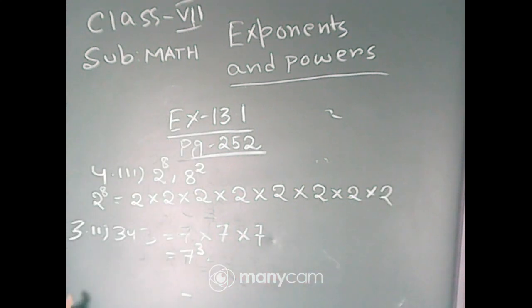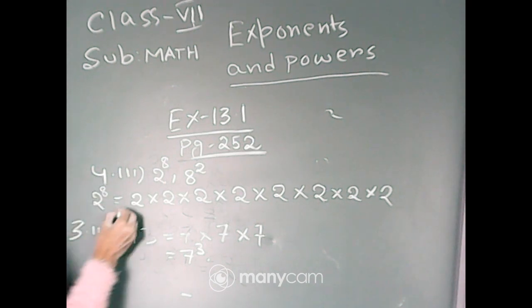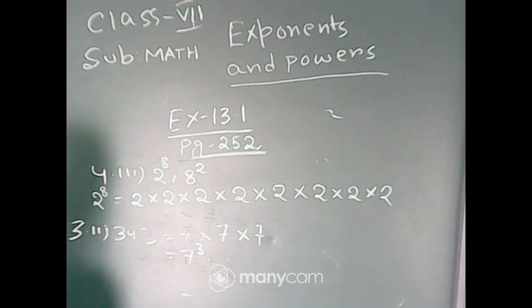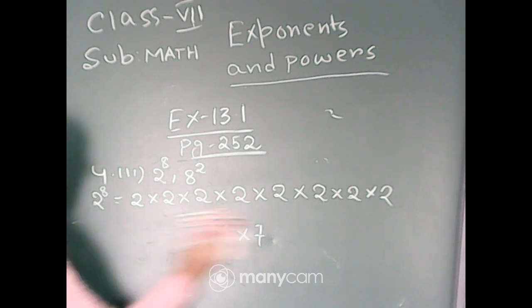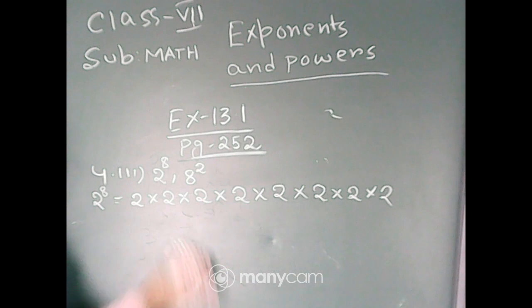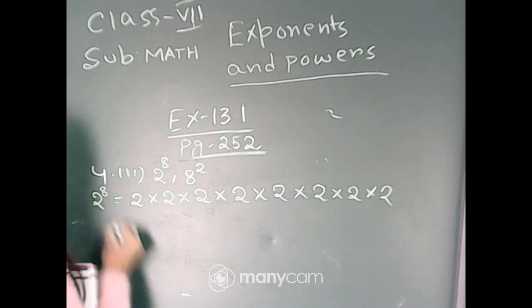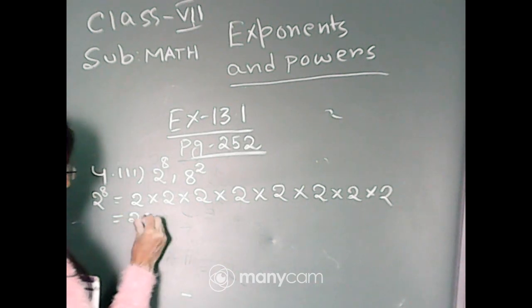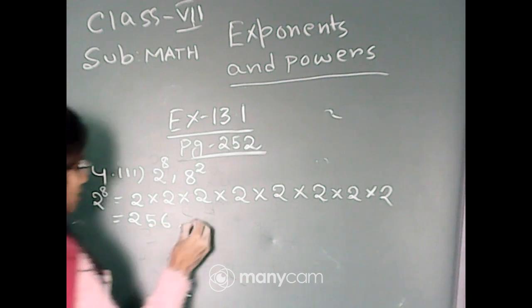Since the power of 2 is 8, we write 2 8 times. Here 2 is the base and 8 is the power, and the value of 2 to the power 8 is 256. Check this, and